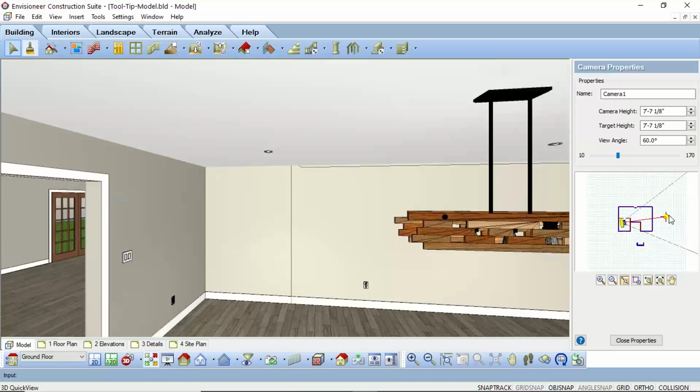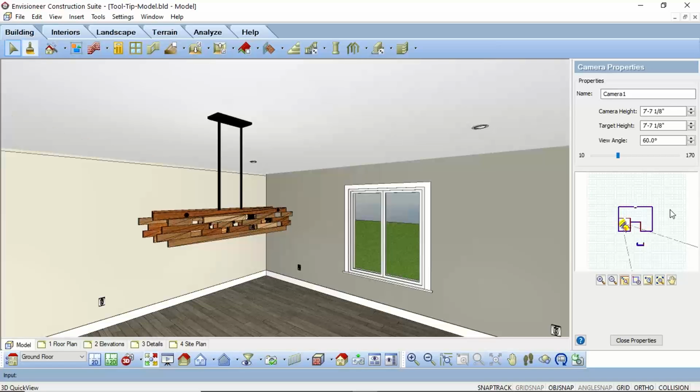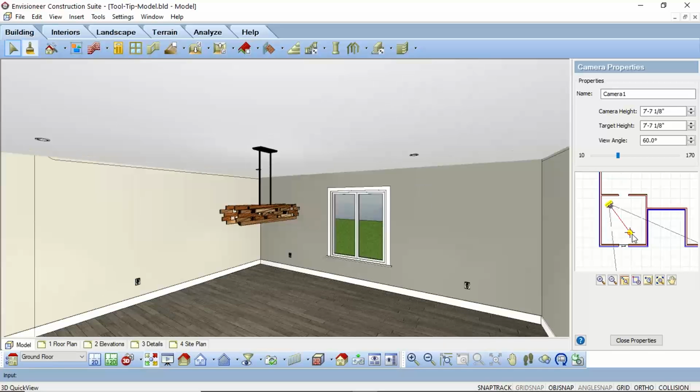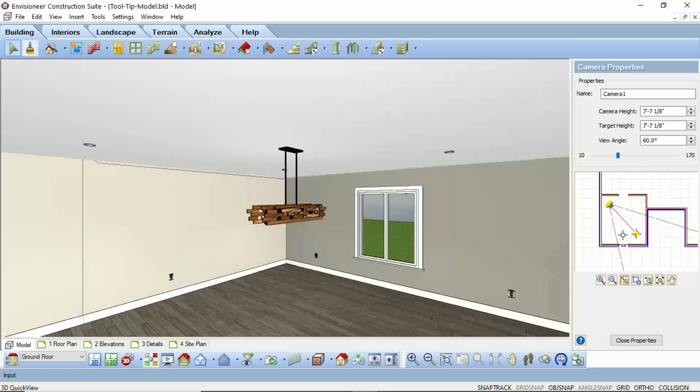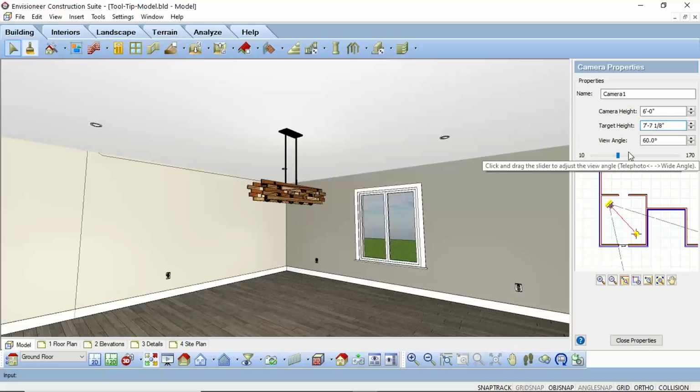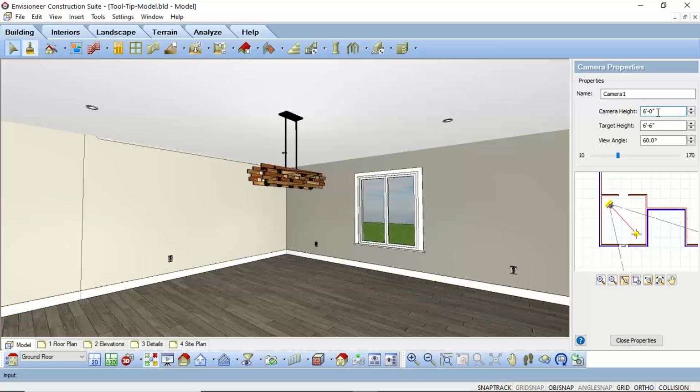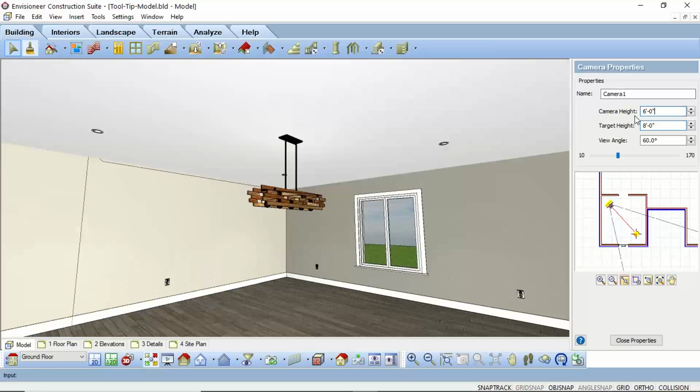And while I'm doing this, this could be another little tool tip that I use quite frequently: this little preview area allows you to pretty quickly move the camera wherever you want it to go, and then you can adjust the target to move exactly where you want. You can also fine tune it and say, well, I'm only 6 feet tall, so I want to make sure I'm looking from where my head would be. You can make adjustments to the target height as well and see exactly how that's going to look. In here, we're going to make this 8 foot